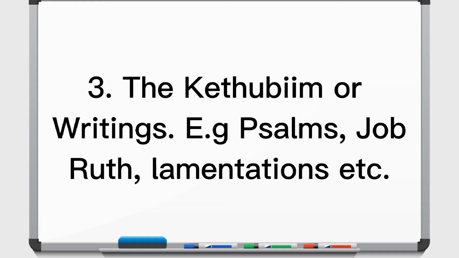So let me just go back. I said we have 3 sections in the Old Testament, because they can ask in your exam. We have the Torah, we have Nabim, and we have Ketubim. Torah, which is also called the Law or 5 books of Moses. Nabim, which is also called Prophets, and Ketubim, which is also called writings, right?